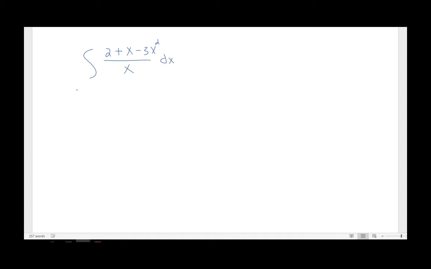And just to point out some things that are not true. Some common mistakes is that some students would integrate the numerator, if you will, and then integrate the denominator. And that is not true. Okay? The integral of f over g is not the integral of f over the integral of g. So before I evaluate this integral in terms of an